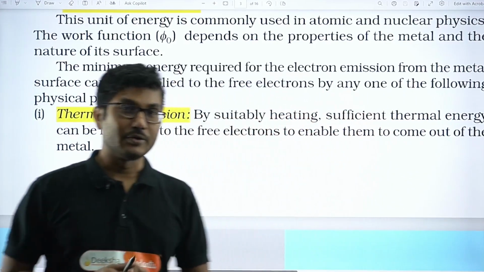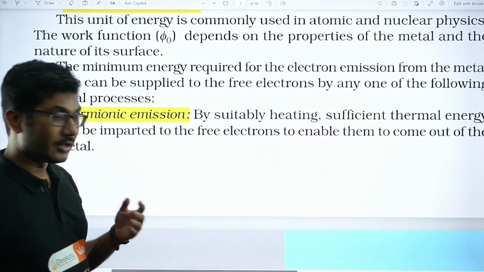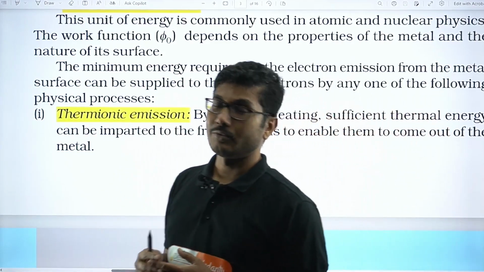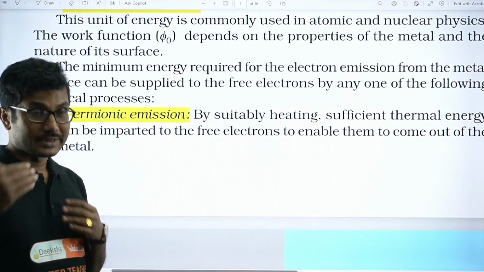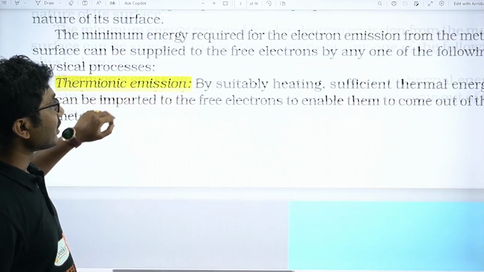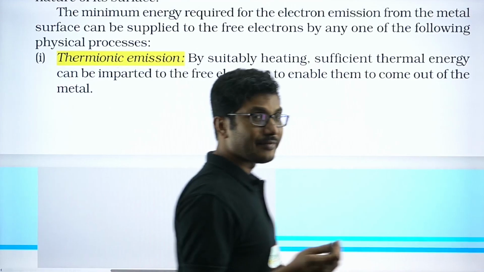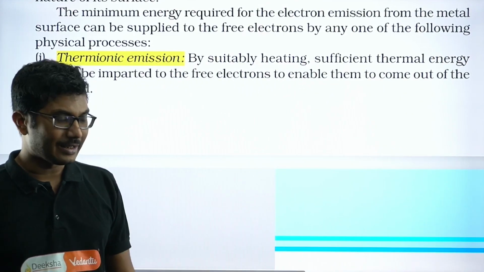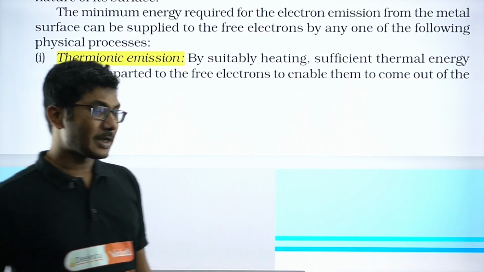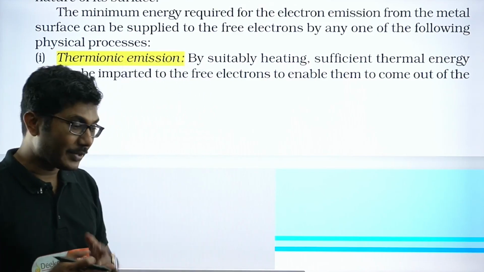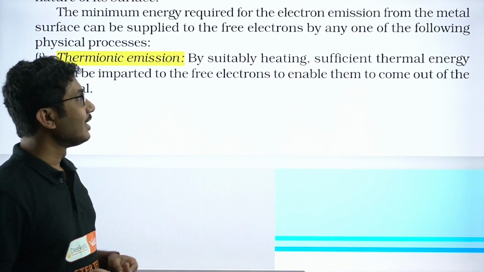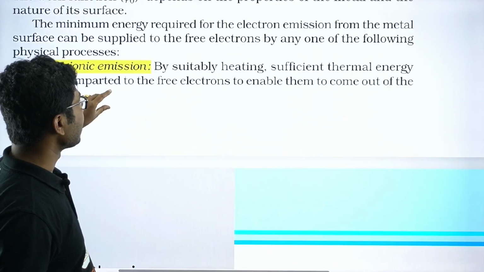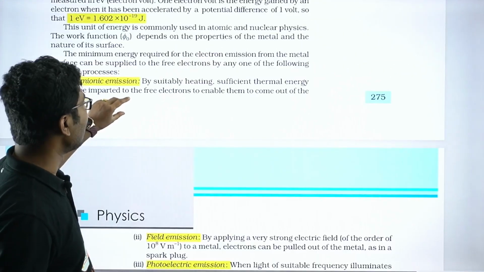We have seen in the nuclear chapter that whenever we are considering energies at a nuclear level, we generally consider mega electron volt. So mega electron volt is basically 10 to the power 6 electron volt, right? Because the energy of a single electron is very small, if we represent it using joules, that will be very inconvenient. But when you are comparing two different electrons, electron volt is a convenient unit. That is why electron volt is a common unit, and it is defined as the energy possessed by an electron when it is accelerated through